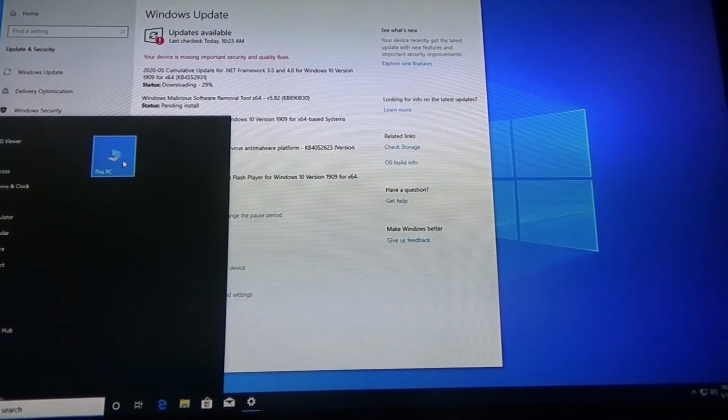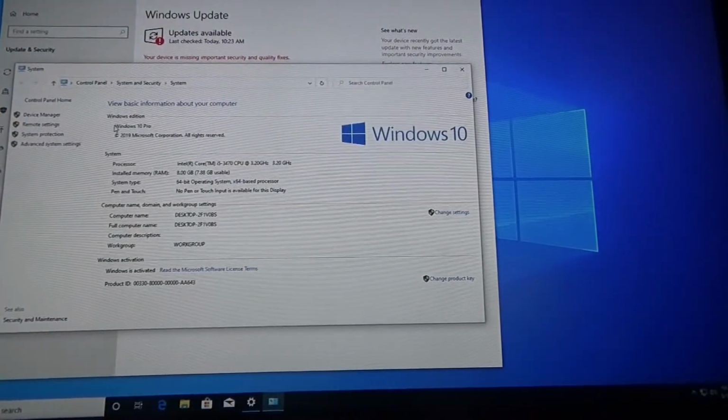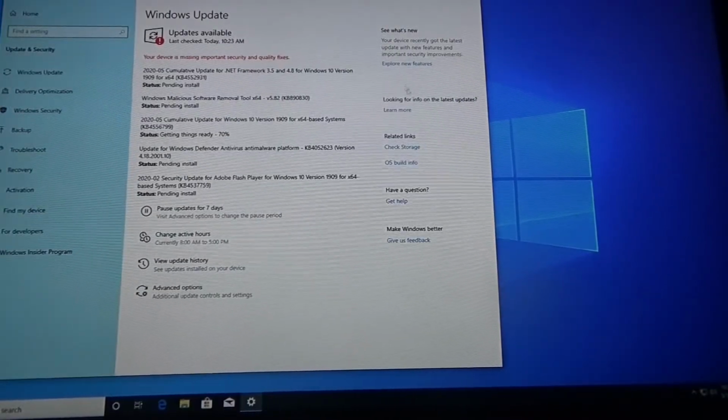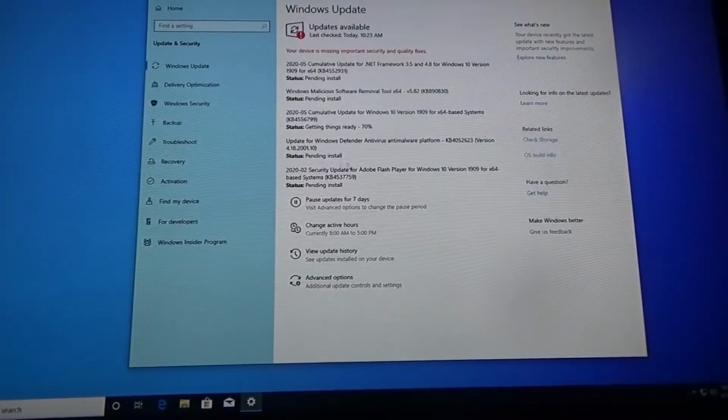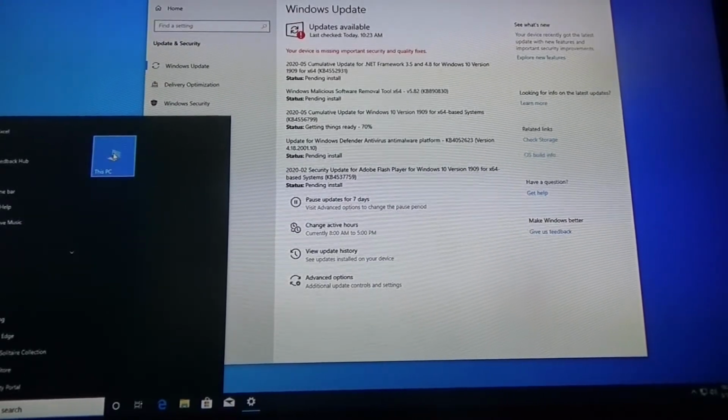Now, what did I do? I wanted to see manage properties. Go back to properties real quick. See if it actually has a computer name. Oh, it's already got a computer name. I wasn't able to do that. Of course, I can change that, but I'm not going to until all the updates are over. Something else I wanted to see, I can't think of what it was. Getting so sidetracked with all this damn spyware and updates. Pretty sure it had to do with this.